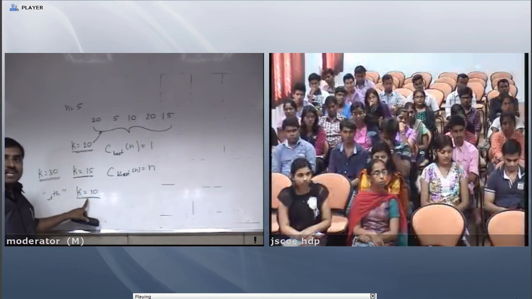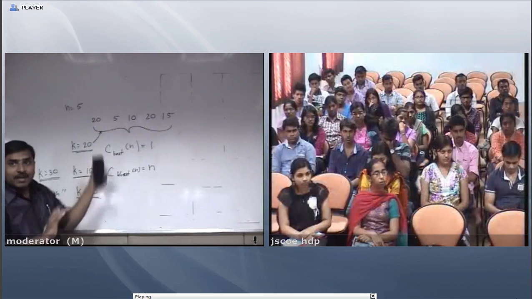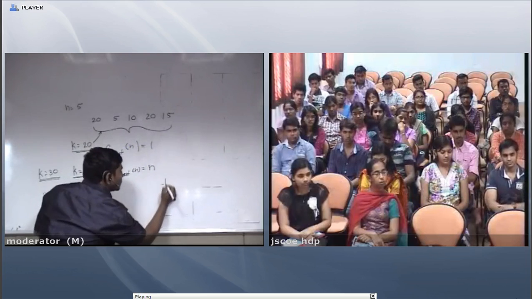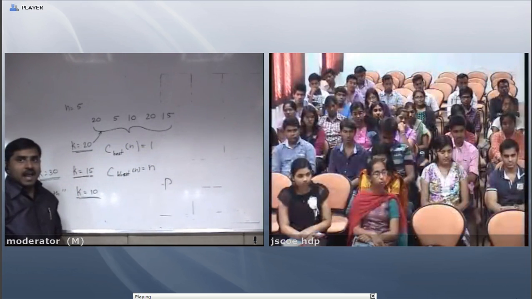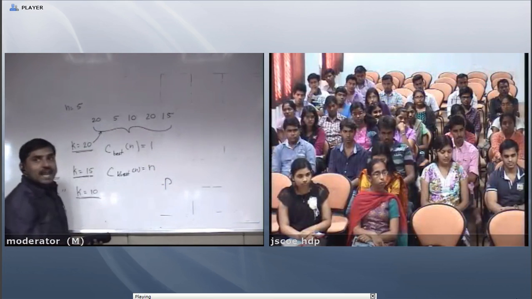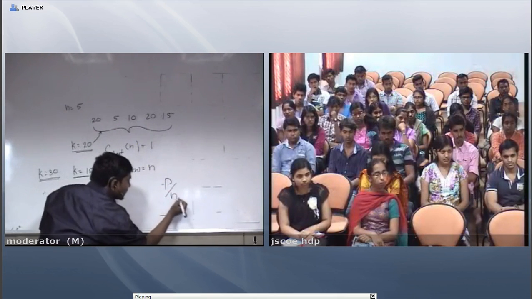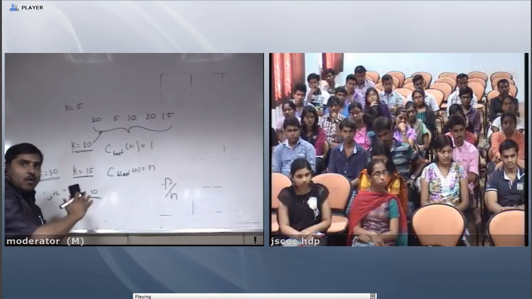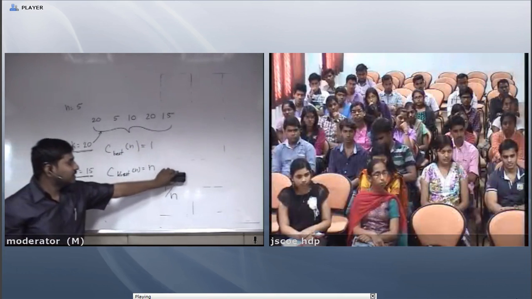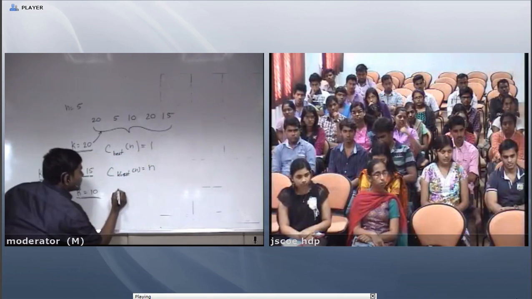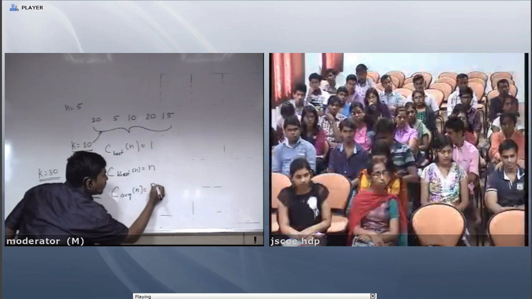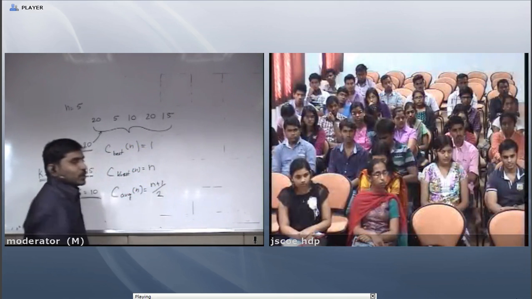So what is the probability P of searching that element in the given list in between, at 1, 2, 3 up to n? The probability is 1 by n, for a total of 1 to n. If I compute that equation, we get C average of n equal to (n plus 1) divided by 2.